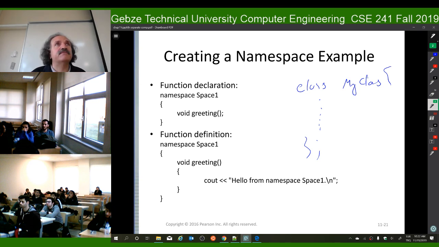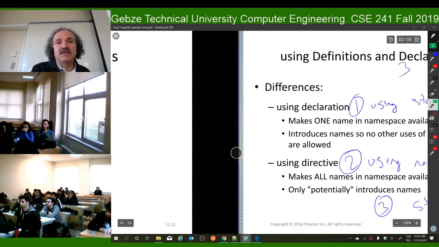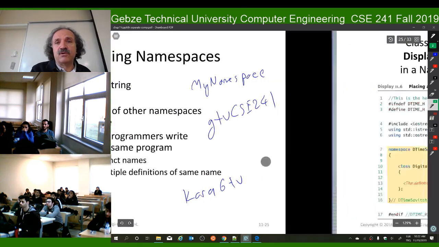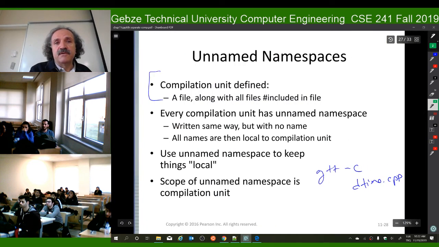Okay, any questions? I have one important concept that I didn't talk about today. It is called unnamed namespace. We'll talk about it on Friday. And after that, I think I will be done with this namespaces chapter, and we can start talking about inheritance,